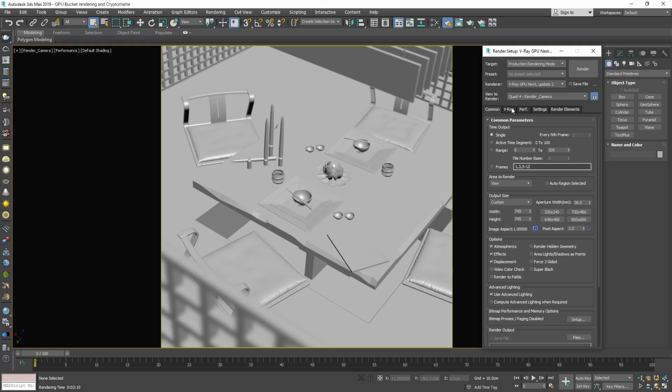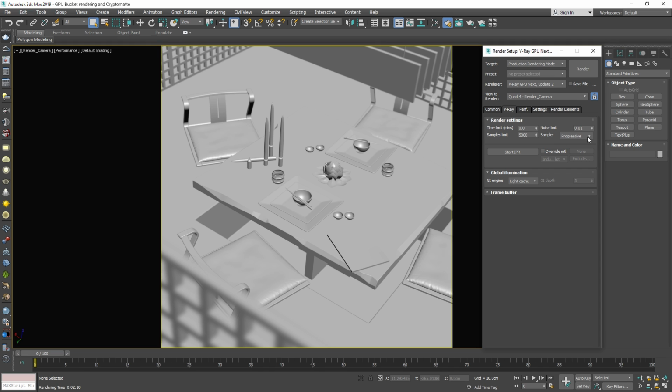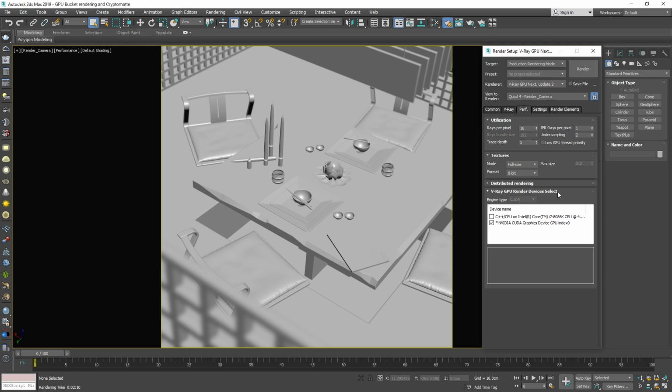Next, let's go to the VRay tab and switch the sampler type from progressive to the new bucket mode. The default settings here for the bucket mode are going to work fine in our case, so let's leave them as they are. Now, in the Performance tab, under the VRay GPU Render Devices Select dropdown, you can also select whether you want to render with a specific GPU, CPU, or both. In my case, I'm going to use my GPU and my CPU with hybrid rendering in order to boost the